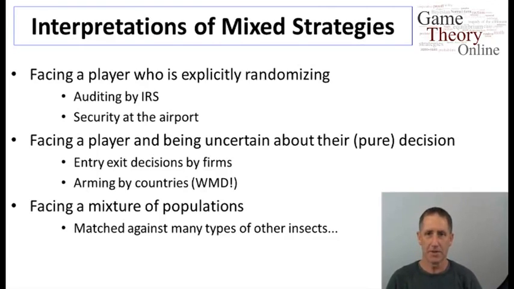There's a completely different way of thinking about it, where the agents involved are really not doing much reasoning at all. In fact, they may be insects. But you might be facing many different kinds of insects. And the mixture is really the probability of encountering an insect or a player of a certain type. So you have a mixture of populations, and the mixed strategy reflects the relative components of a particular population in the mixture. These are all different ways of thinking about the mixed strategies and mixed strategy equilibria, but they really don't impact, for the most part, how we apply the